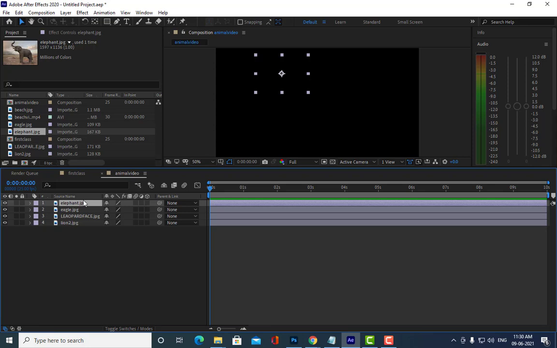You can do only the opacity animation, but also you can combine it with the other things like scale and position. Okay, so from 0 to 1 second, we will start with the elephant here.